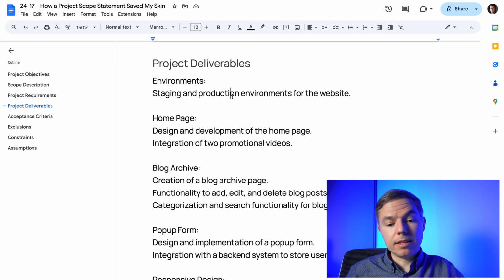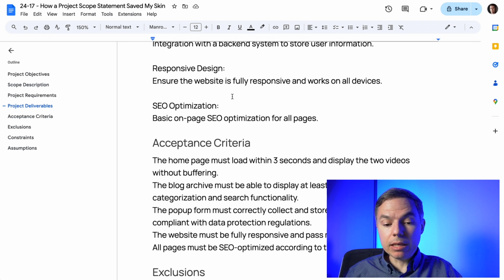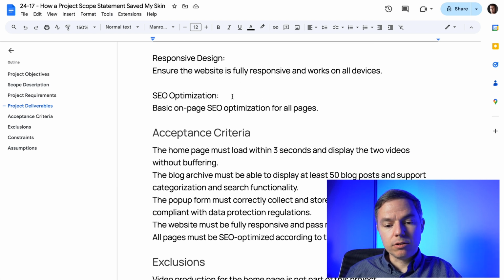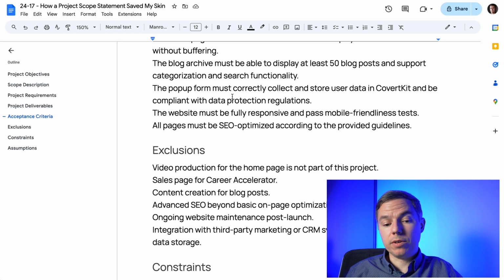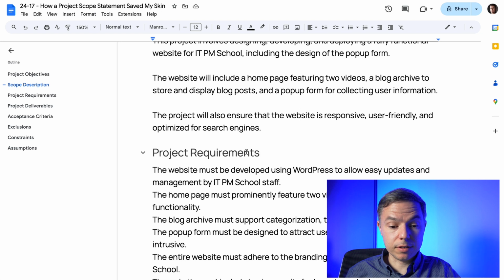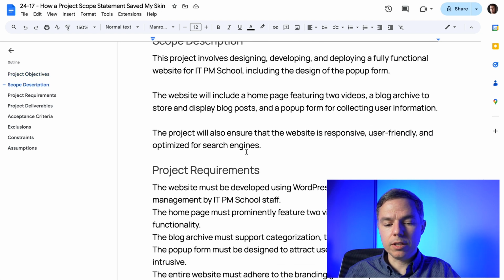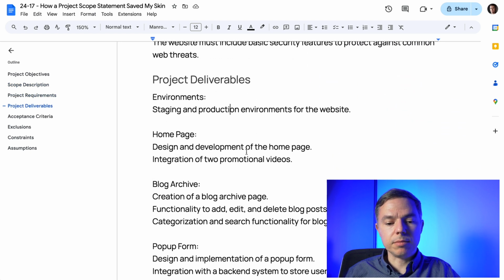And I recommend that in any case, if you create a project scope statement, you keep it as simple as this one. You don't need to be very fancy or technically complex here. You need to help stakeholders understand the scope of work. Likewise, remember that you don't have to copy and paste a lot of information here. You can have a summary of this information, and you can link to the documents that have all the details, all the requirements, and so on.